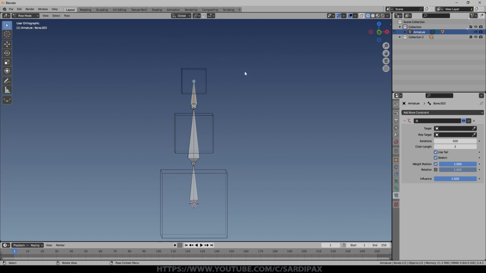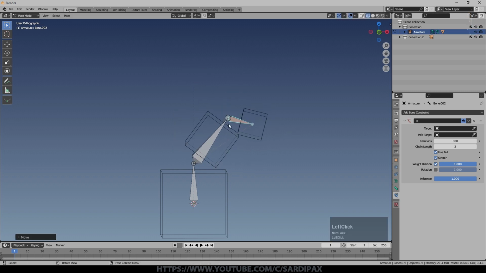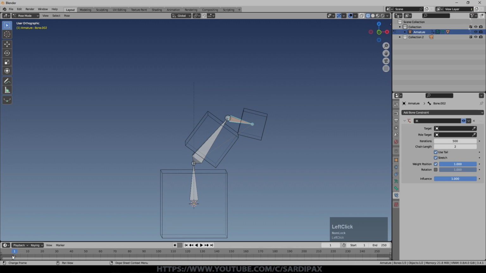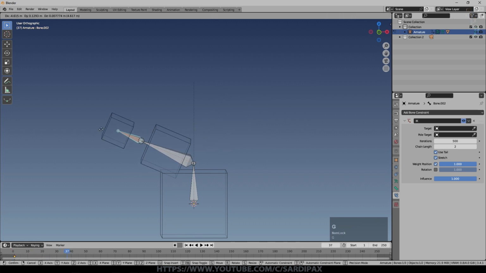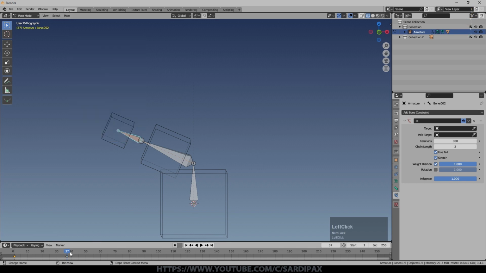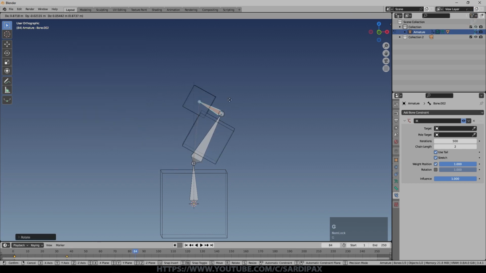So that's as deep as I want to go really into armatures, but obviously what you can do is you can keyframe poses as well. So I could just press I and I could just say whole character. Could do the selected bones. I'll do selected bones in this instance, and then come over to here and perhaps bring it to there. I again, selected bone, and perhaps down to there, and I again, selected bone. So we now see what that does. We can see that's only stored the changes for that particular bone.